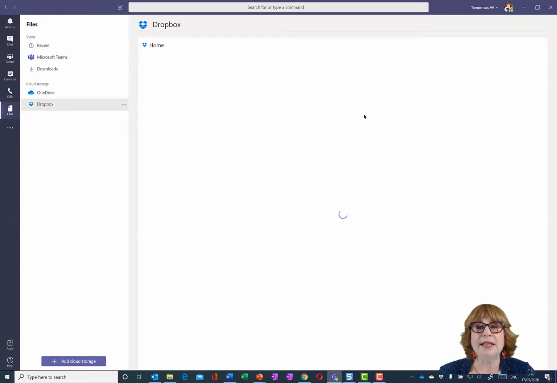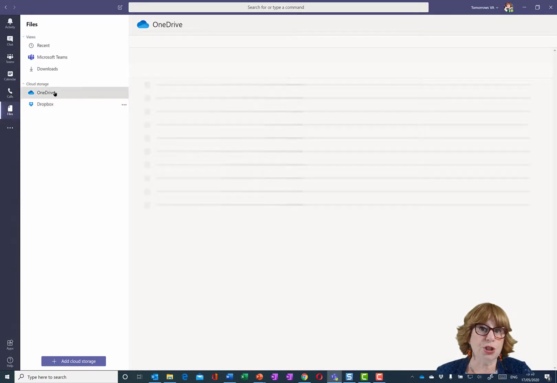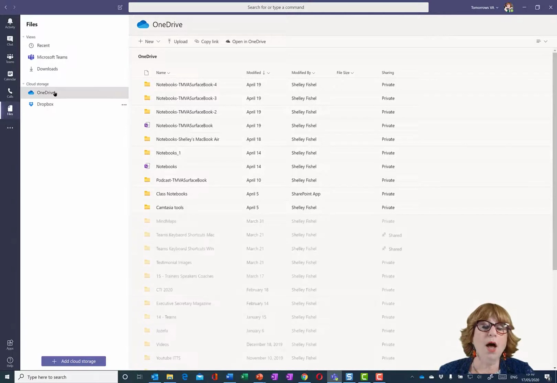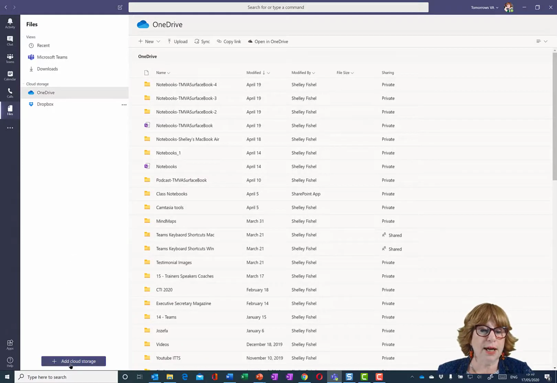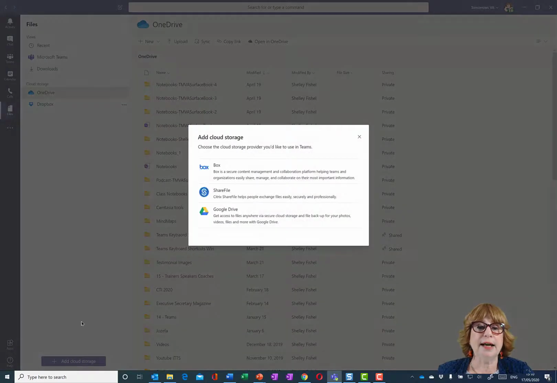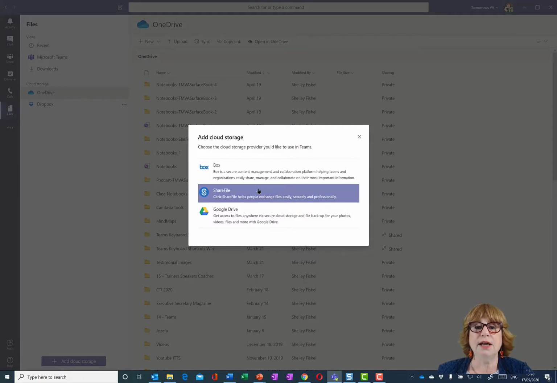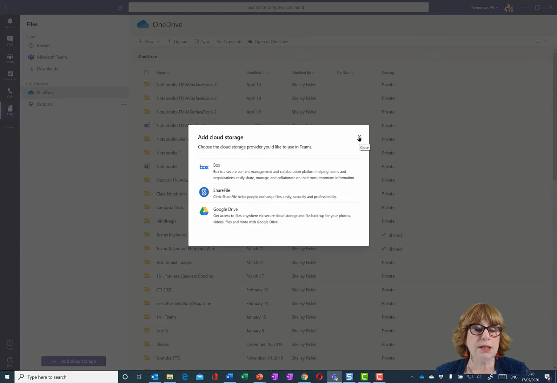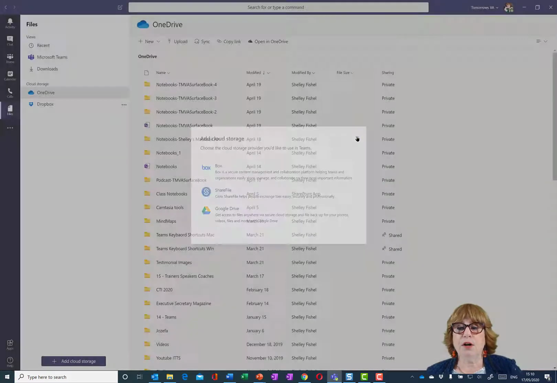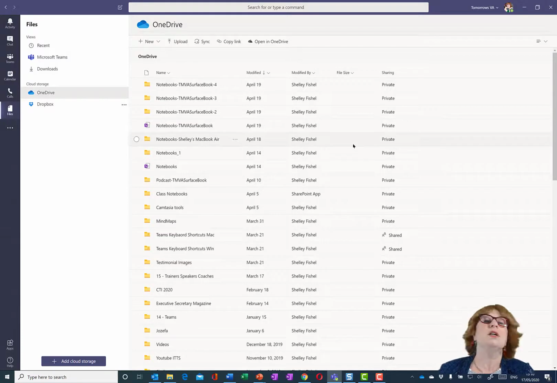But if I had things that I was sharing with somebody externally, then I could connect Dropbox or other cloud storage locations. If I click Add Cloud Storage, you'll see the other things that can be added. So if you're not using Dropbox, you're not using OneDrive, perhaps you're using Google Drive or Box or ShareFile, you can add those too. And Microsoft are adding more storage locations all the time.